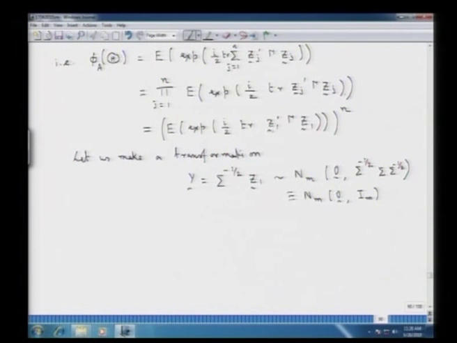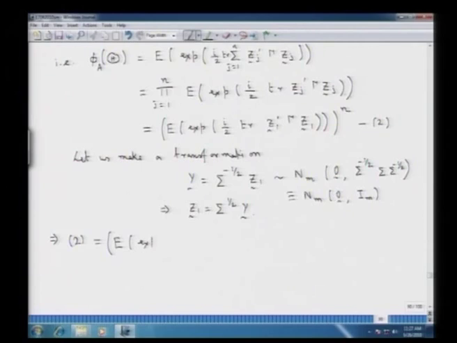So, we can replace these zi's by the corresponding yi terms. Now, if y is given by sigma to the power minus half z1, this implies that the z1 random vector is this being pre-multiplied by sigma to the power plus half. So we will have sigma to the power plus half into this y vector. Let me have this as number 1. So this number 2 is the expectation of, raised to the power n,